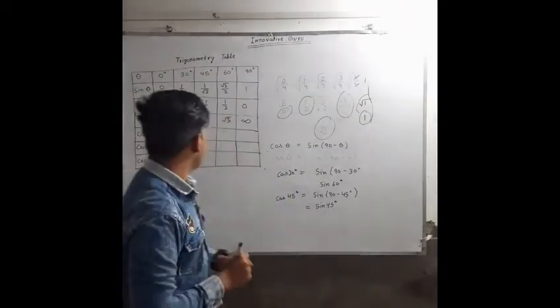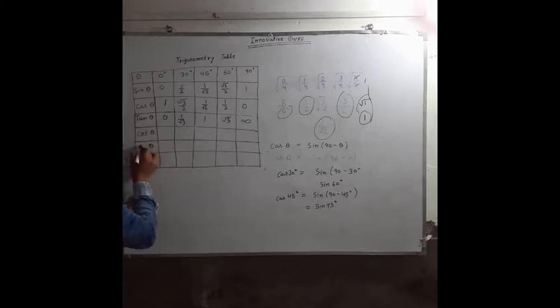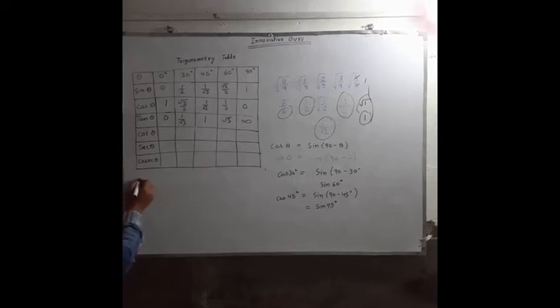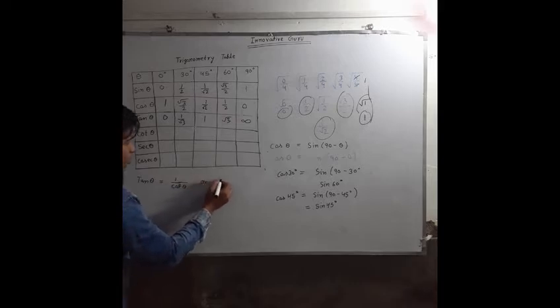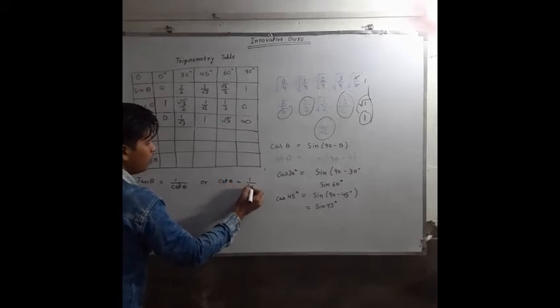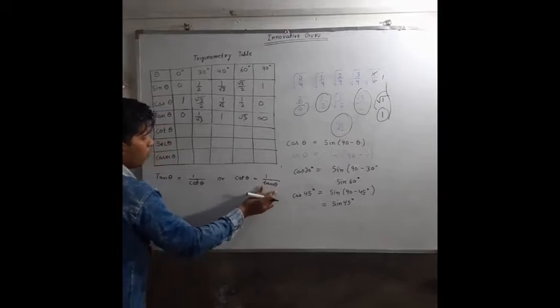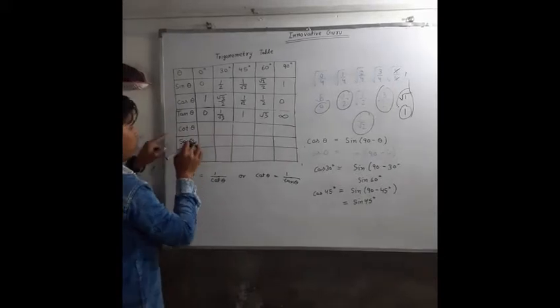Okay, I hope so. Now focus on the next one, which I am going to tell you. It is cot theta. Oh, it is not cos. Sorry, by mistake. It's sec theta and cosec theta. And you know the formula of tan theta. It is equal to 1 by cot theta, and you can write it like this: cot theta is equal to 1 by tan theta. Means divide 1 by tan theta, you will get the value of cot theta.